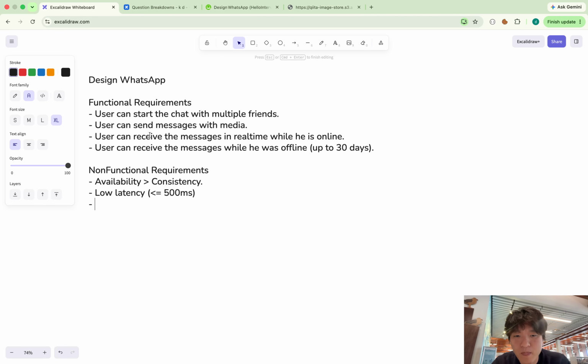I said real time earlier, but this is up to 500 milliseconds, I mean. And receiving the past messages should also be done within 500 milliseconds. So when user opens the chat room after he was offline, the messages which were sent to him should appear within 500 milliseconds.